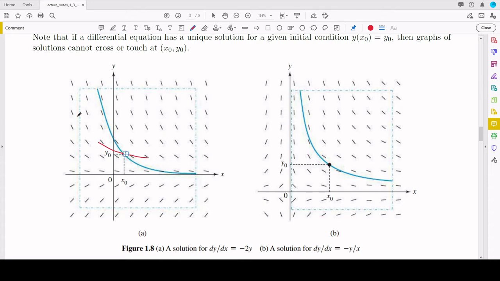What you see here is the rectangle R for our Theorem 1, our existence and uniqueness theorem. So if the function on the right, the f of x, y, is continuous and its partial derivative with respect to y is continuous, then it has a unique solution. So in our case here,